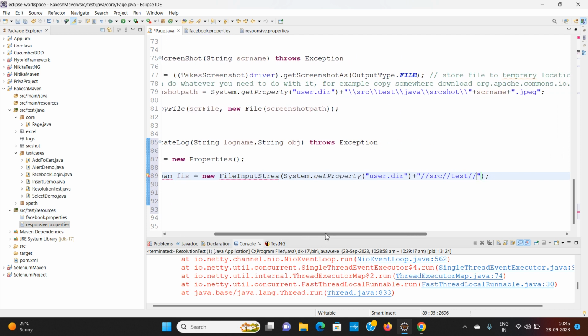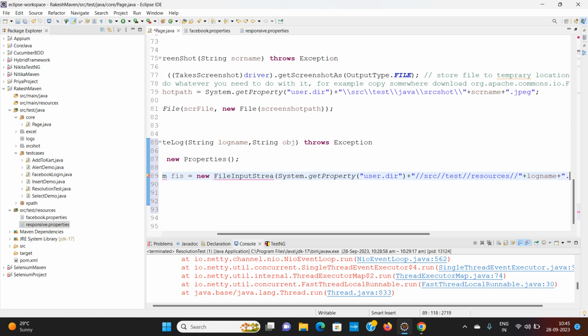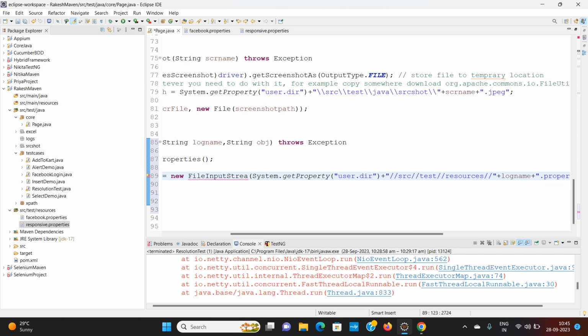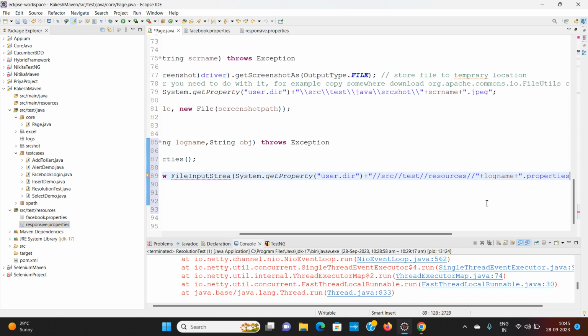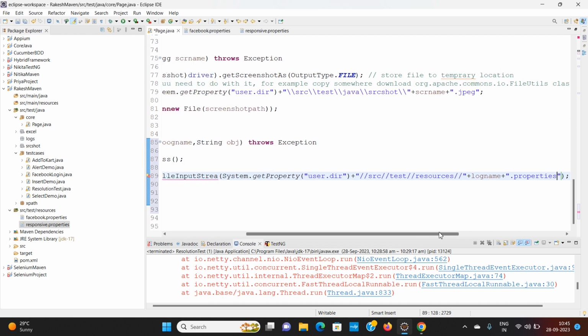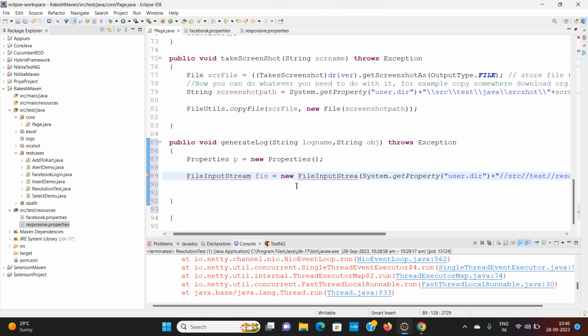So I'm reading the file from resources, and the log name, whatever the log name is, .properties, like this. Okay,